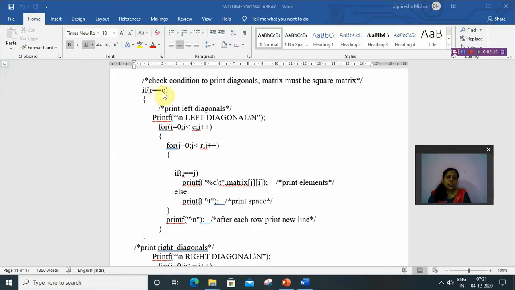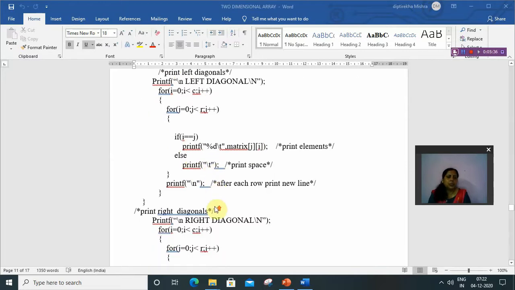After checking that row and column are equal, when the i value is equal to the j value, it will print the matrix element. Otherwise it will print a space. So this is for the left diagonal.